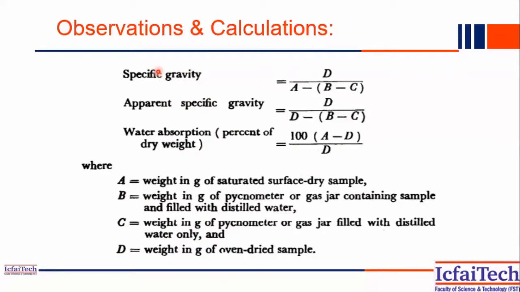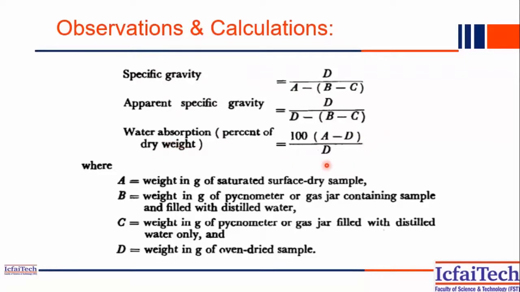You know, right, what is specific gravity? Specific gravity is basically the unit weight of a sample with respect to the unit weight of the same volume of water. So if we get that, then we'll get the specific gravity. Similarly, you have the water absorption also. Water absorption means how much water the aggregate has absorbed, so that also we can find out using this formula.